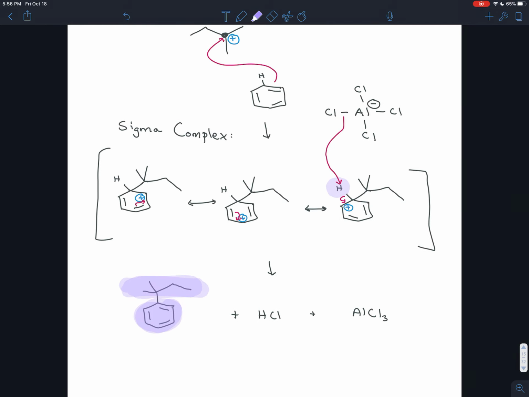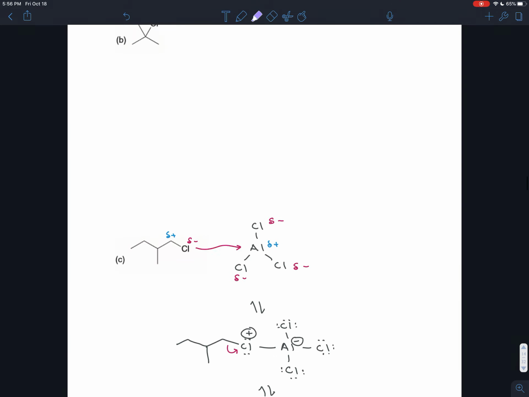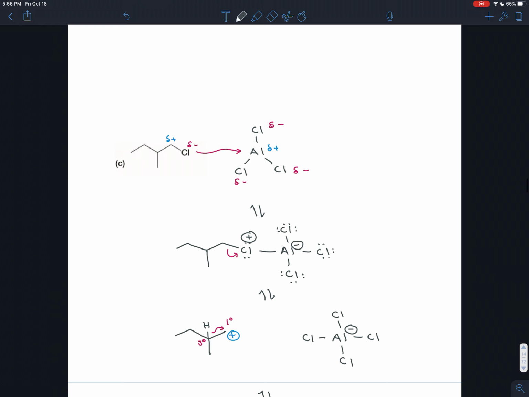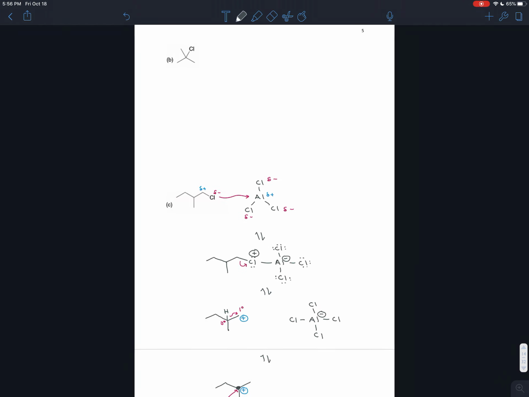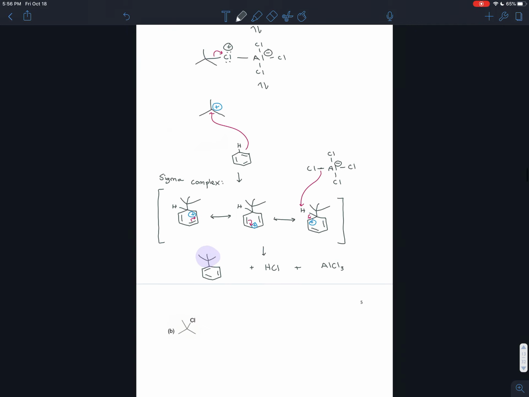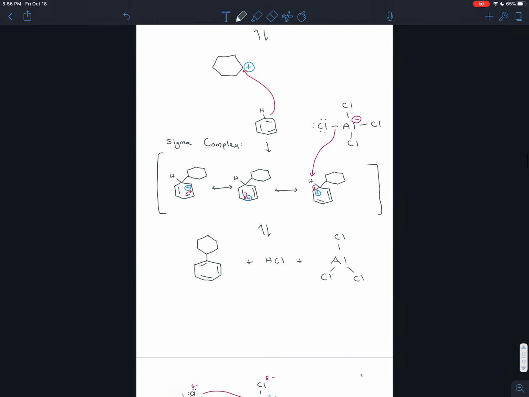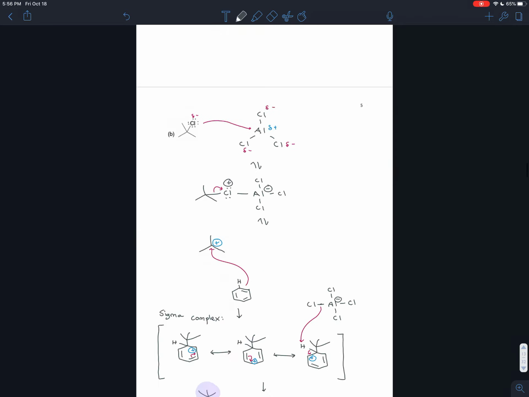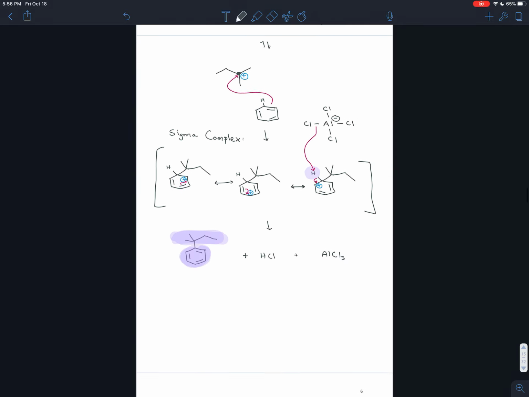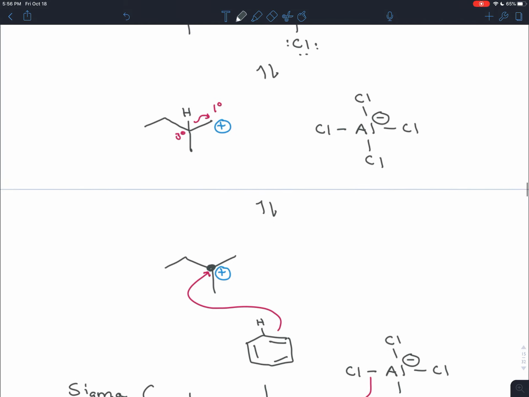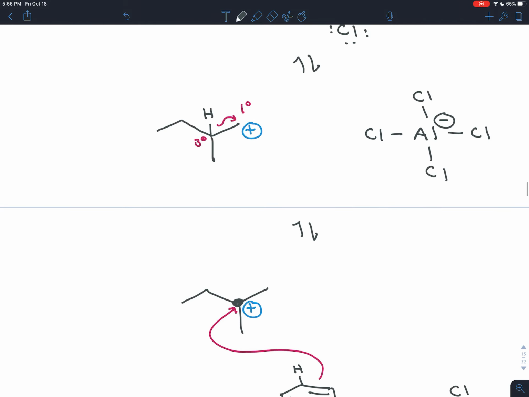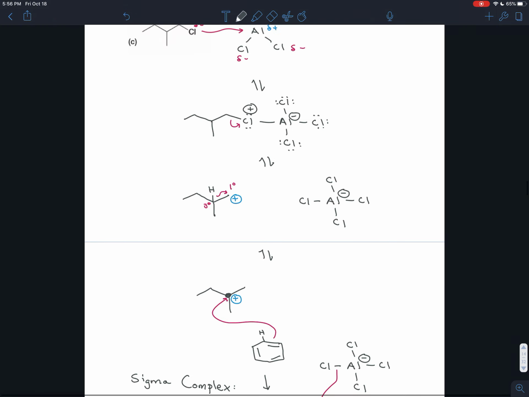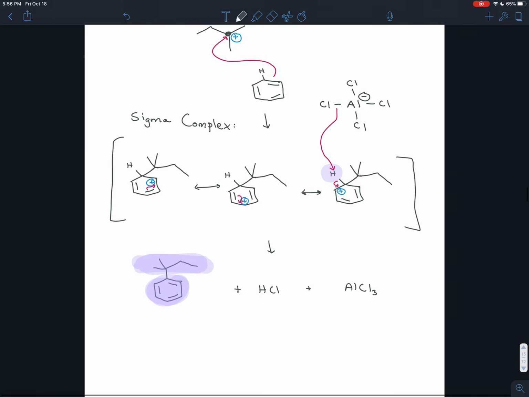You can see that the mechanism is very similar to bromination. It's just instead of two halogens, you have one halogen and a carbon chain. And you can see how the mechanism is really the same no matter what the carbon chain is. The one thing to watch out with these, very common mistake, is to forget the carbocation rearrangement. So if you don't feel comfortable with that, send me an email. I'll send you a video that goes into carbocation rearrangements in detail. But otherwise, this is the Friedel-Crafts